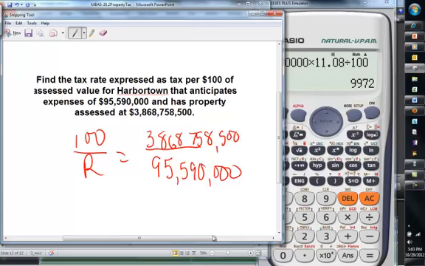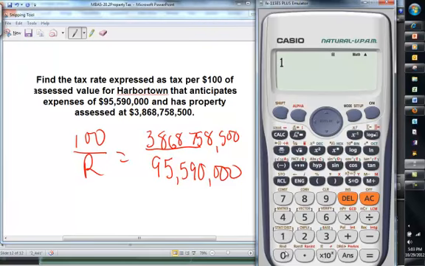So we're going to cross multiply: 100 times 95,590,000 divided by 3,868,758,500, and our tax rate comes out to be